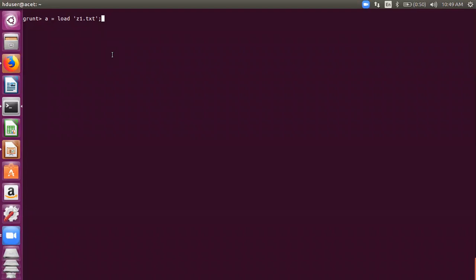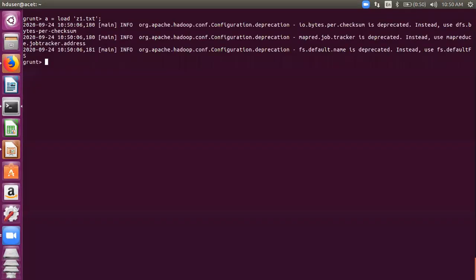You should answer like this, that we are loading the file z1.txt, assuming it to be a tab separated file. But it is not a tab separated file, it's a comma separated file. So we must load it accordingly. If we don't, it would be a problem. So let me just load it without this to see the problem. Okay, thank you, Mridul. So just let me load it like this.